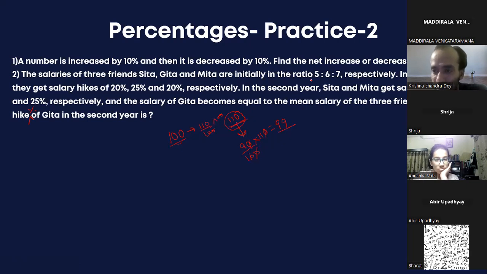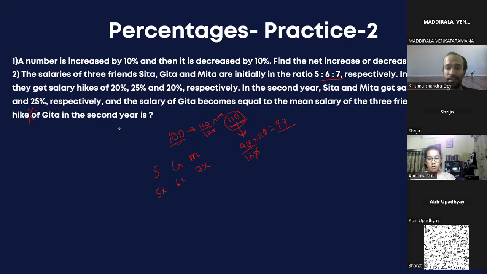Now, second question. Why do you always say, because that's the safest bet, doing it algebraically is much better, because that habit will help you every time. Sita, and always I write the names in short form, because many of the questions will just change the sequence of Sita and Mita in between. By mistake you will get that silly error. So it's always better to write it, because the question setter can do anything. So 5x, 6x, 7x, cool. I took it, right?